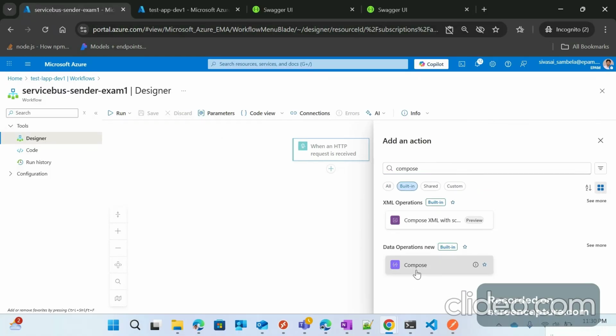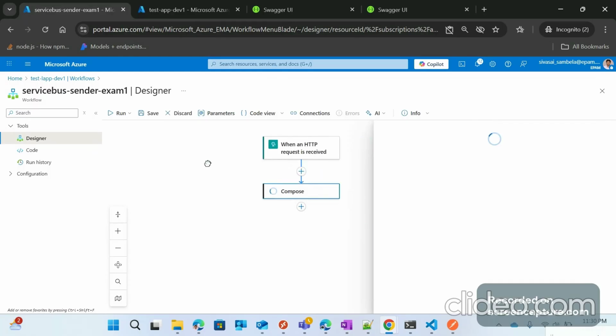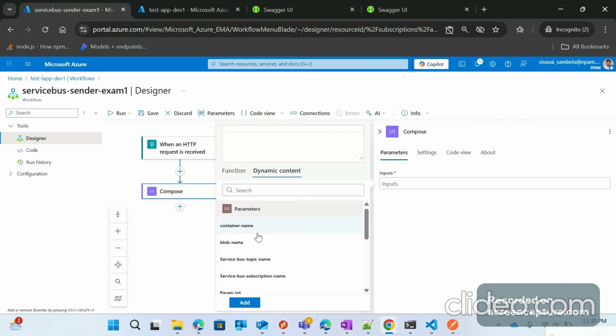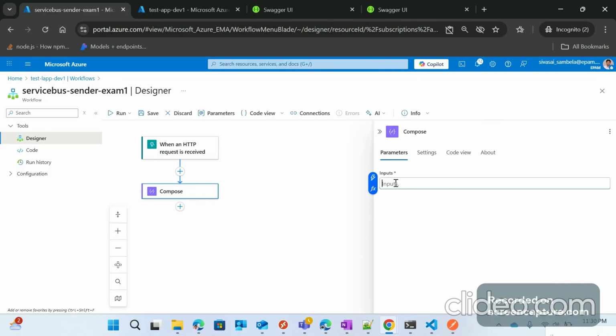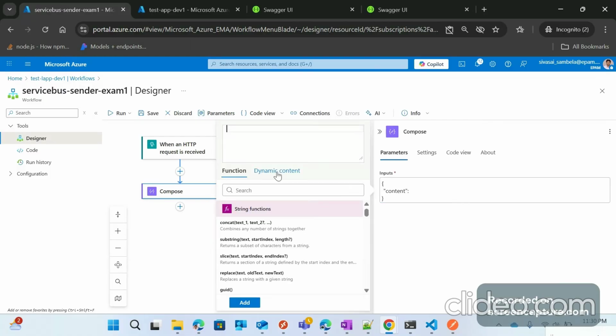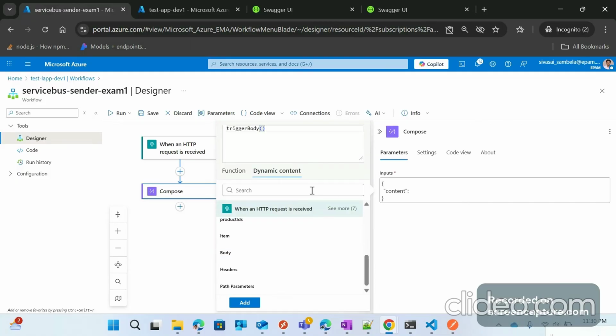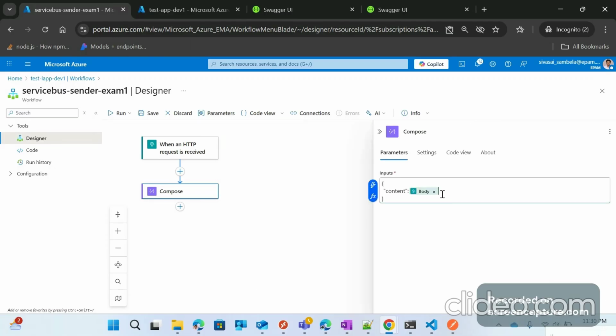In compose, I will give the input as content, as body. So this request body, and date as,